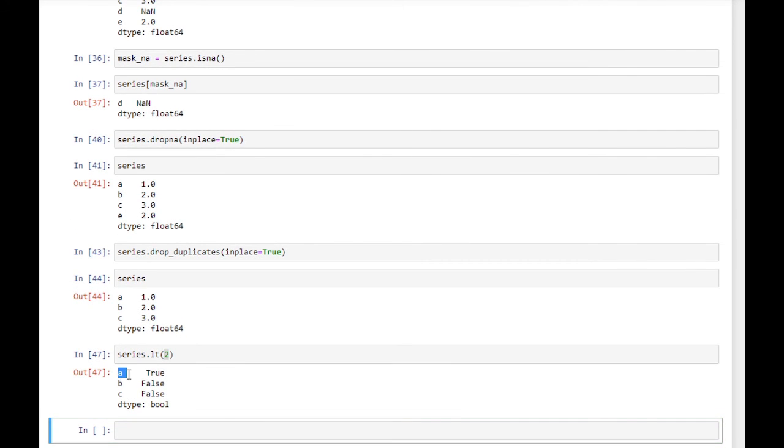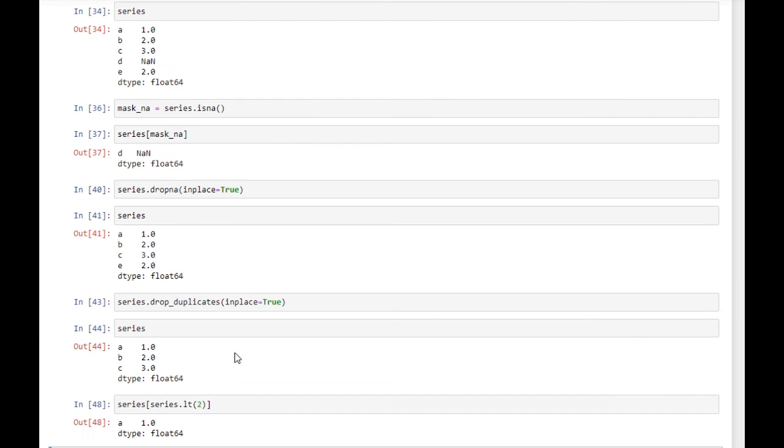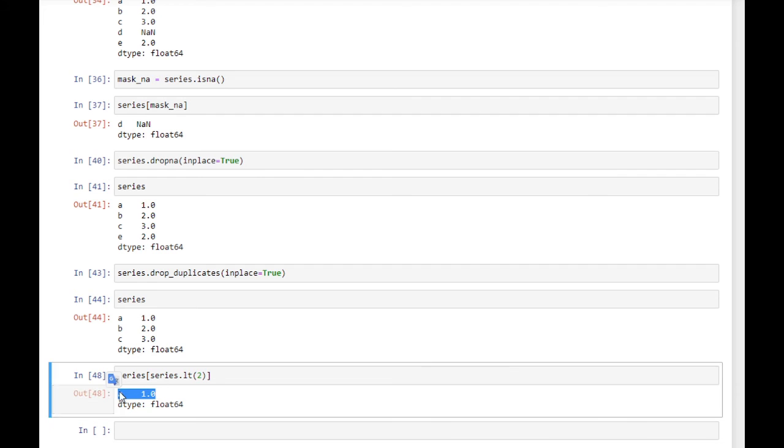Only A is less than 2, so it returns True there. Again this is a mask, and we can pass this to the Series and get the actual values. So we got A.